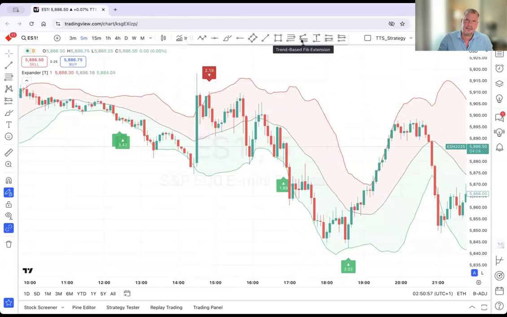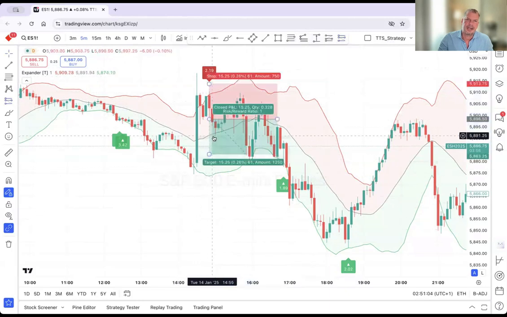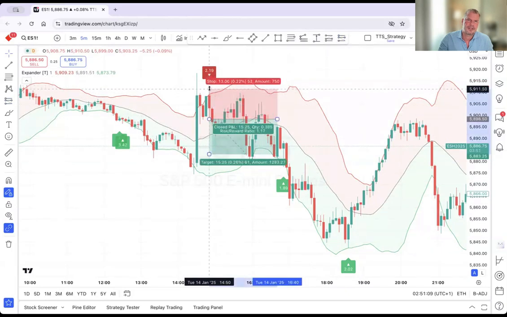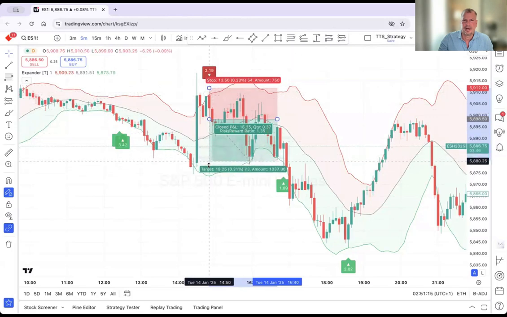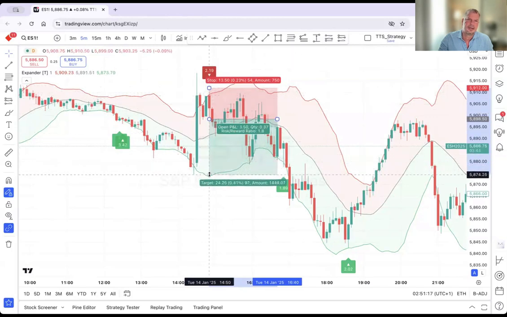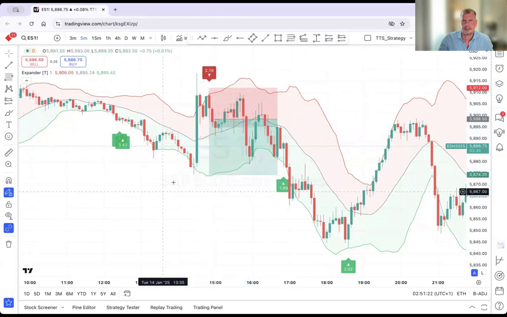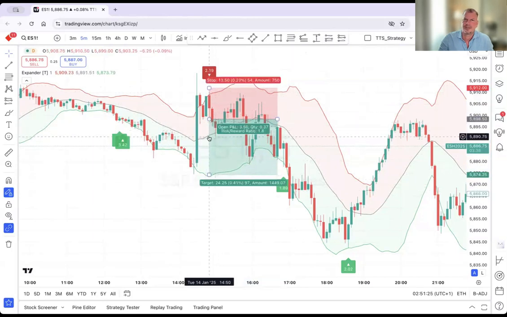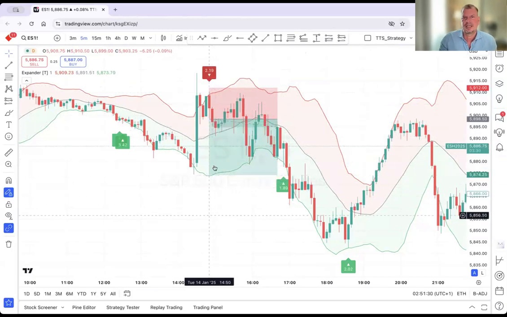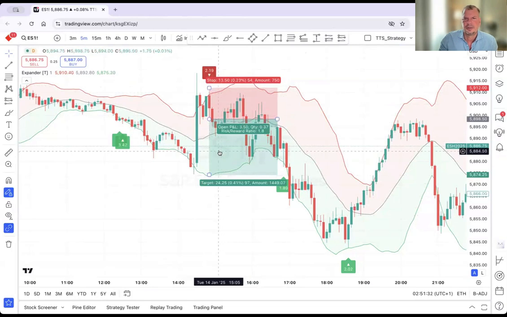Basically, if you get a signal like this, what you can do is define an entry. In that case, it is the low of the formation, and the stop loss sits right above the formation, right here. And my general profit target number 1 is the middle of the Bollinger Bands, if it makes sense. In this case, it doesn't, because it's already too close. And the other one is the other side of the Bollinger Bands. And this gives you a risk-reward ratio of,